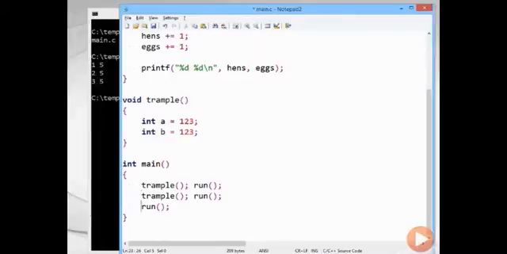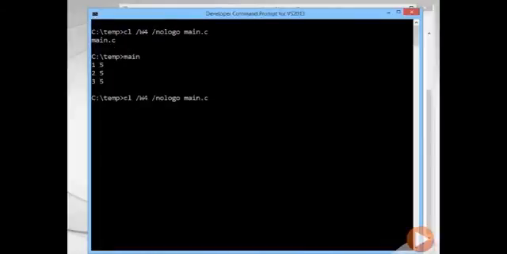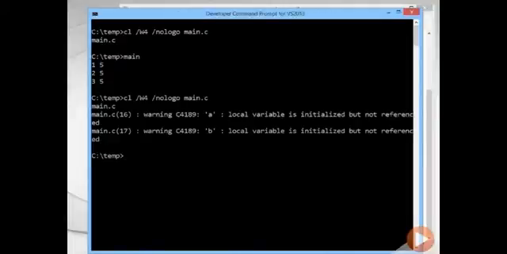Now, if we compile this again, there are some warnings about those unused variables in the trample function, which we'll just ignore. And then if we run this program, the results continue to be predictable. The hens variable is initialized to 0 since it's a static variable and this function is unaffected by whatever garbage remained on the stack. But if we now remove the static declaration,